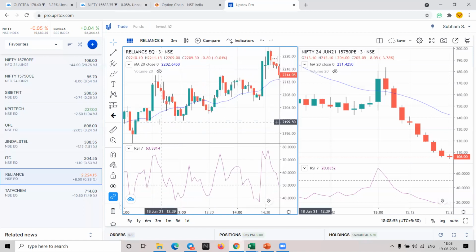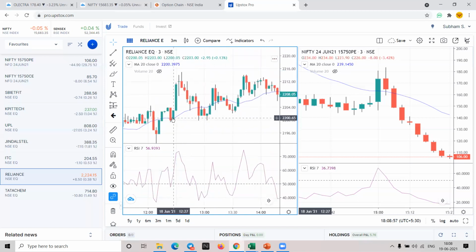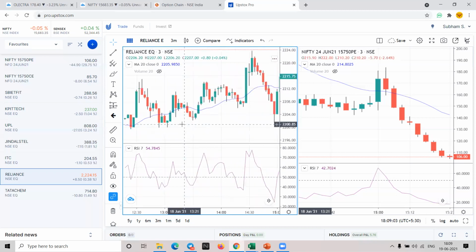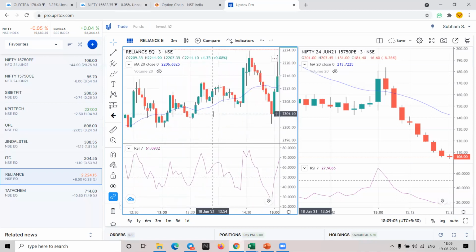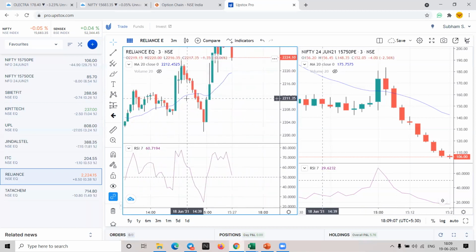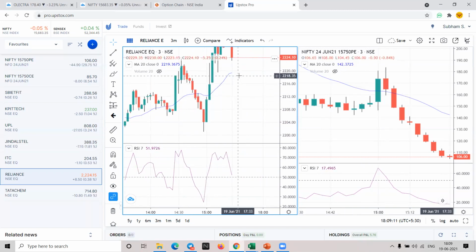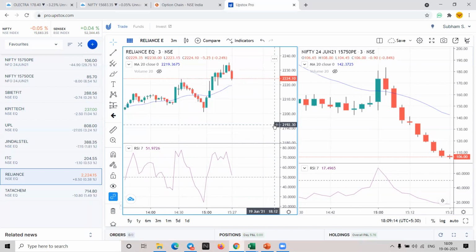Uptrend. Catch a good block candle near the moving average, like this one, like this one. Keep the stop loss at the bottom and go for it. Like this is also a good candle. This is a big one, you can ignore. Here there is a good block candle. Take it and it will give the target. So you are entering for a very small time.